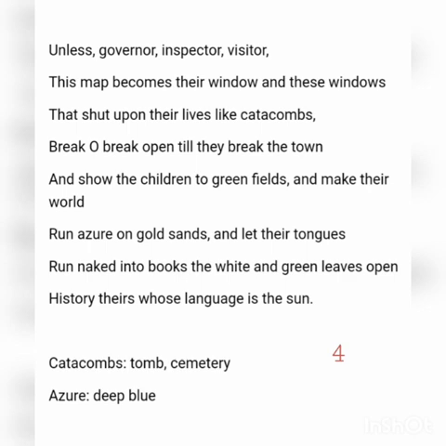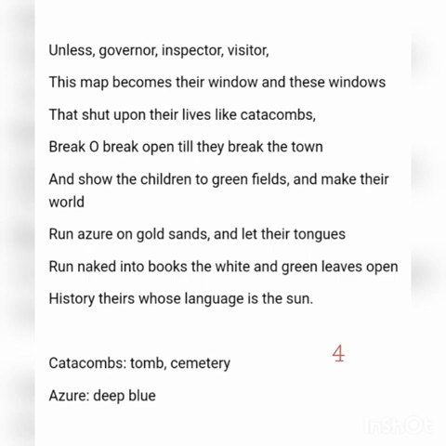Now in the fourth paragraph, the poet has talked to the high ranked people. He has addressed them, like he has addressed the civilized world, the governors, the teachers, the inspectors, and the visitors, that they all must try bridging this gap. They must peep into the world of the children who are living in the slums. They must make their own world the world of the children too. And the unsuitable environment of the slum, which has shut all their gates of progress, should be broken.